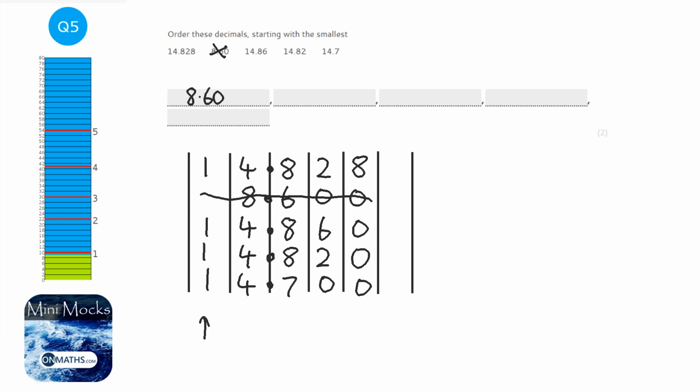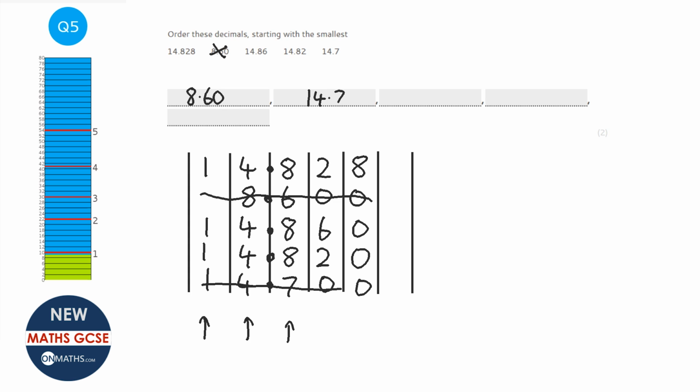That's definitely the smallest. All the other ones are tied. They're all 1 in that column. So we move over to the next one to the right. So 4, 4, 4, 4, they're all tied. So I keep moving along. Okay, there's a clear loser in this one. There's a clear one that's the smallest in this one. The bottom one, 14.7. So that's definitely the next smallest. So I can cross that one out.